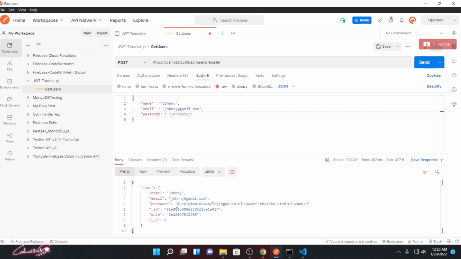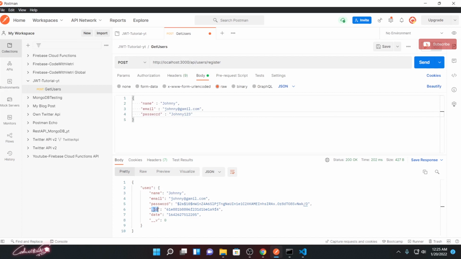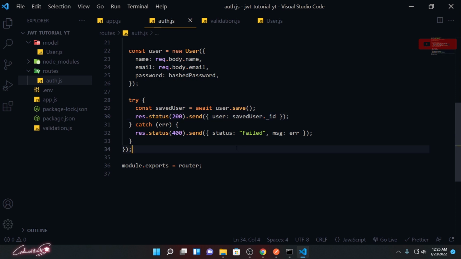I'm not supposed to send that. All I need is this ID, so using this ID I can access it in the front end. So instead of sending the saved user completely, from the saved user I'm just going to pass the ID. Using this ID, we'll fetch it back in the front end and do whatever we want. Now this will send only that particular ID.